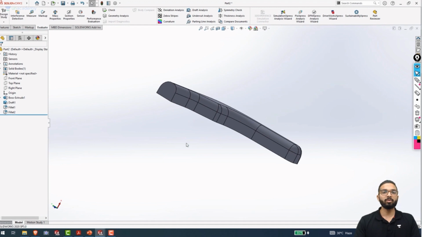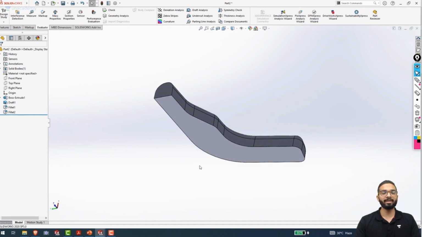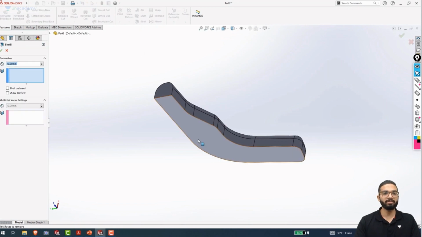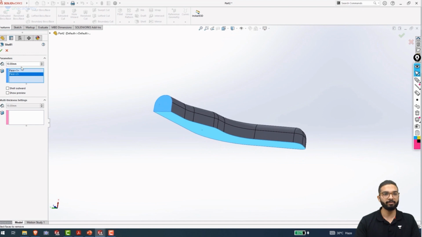Now we will move forward and create a shell for this. It is not difficult. I will show you how to do it. We will now go to features and then select shell from our options over here. We have a shell option over here. If we click on shell and specify the face from which the shell is supposed to be created, and we also specify this face along which the shell will be created. If I enter 2 mm over here